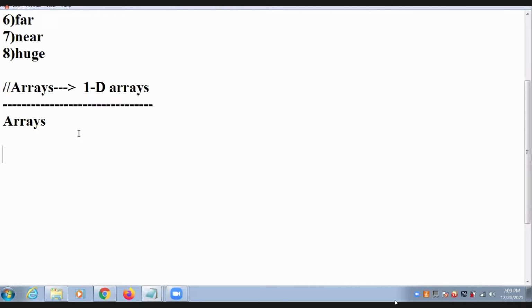What is an array? An array is a collection of similar data type elements.